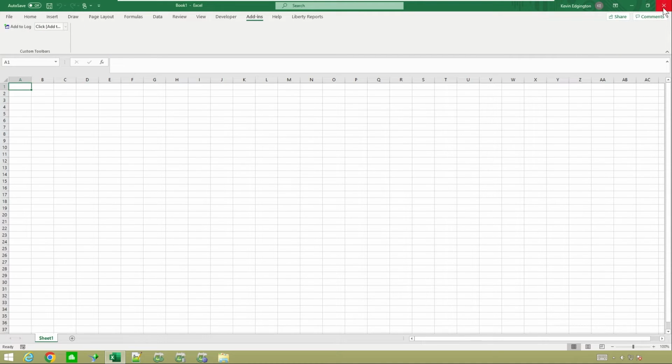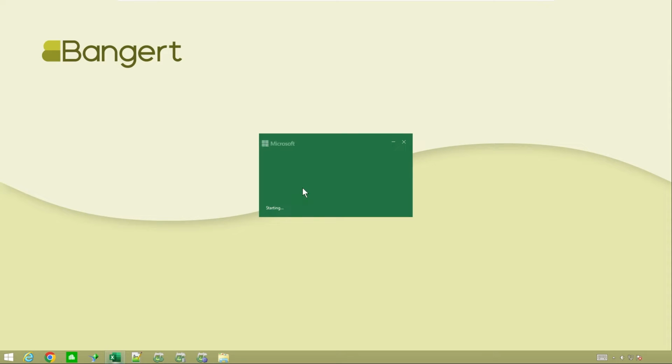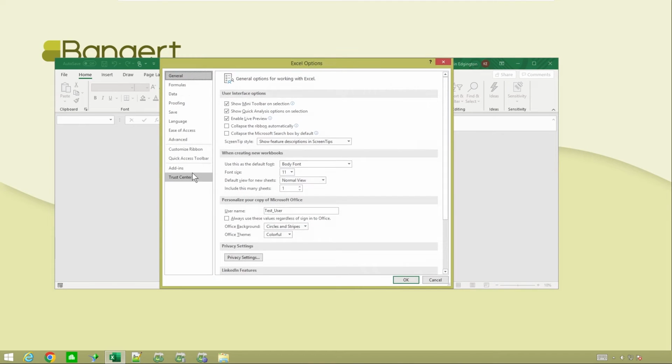You'll close Excel down and make sure that all your copies of Excel are closed. If you've got one in the background, it doesn't necessarily get it completely closed. So you do want to make sure that all your Excel spreadsheets are closed. I turn around, I open Excel back up. I go right back into Options. And I'm going to just do the opposite.